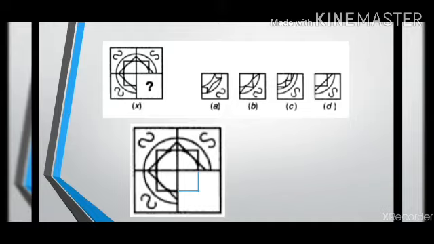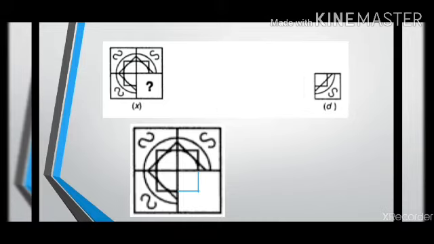Now according to the options that are given in the question, you can see option A does not have two lines like this, neither does option B and C. In all these three options you can see there are no two lines which will complete the square of the given figure. Therefore you can directly eliminate these options.